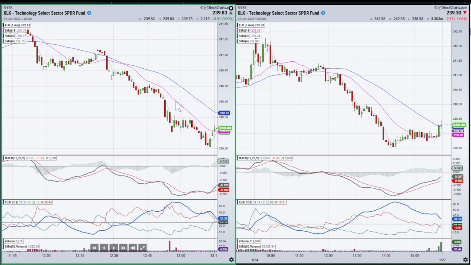Okay, so as I said, I've got the chart of XLK up. I've got a 5-minute on the right and a 1-minute on the left. Now I talked about this in my webinar for my subscribers, which I do once a month. We go through and look at a lot of detail, and I had a request to go through some intraday techniques. And one of the things I just want to point out here is the